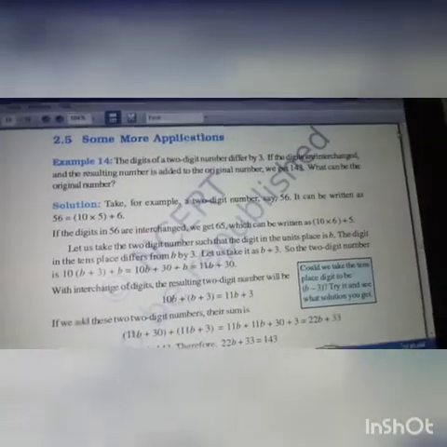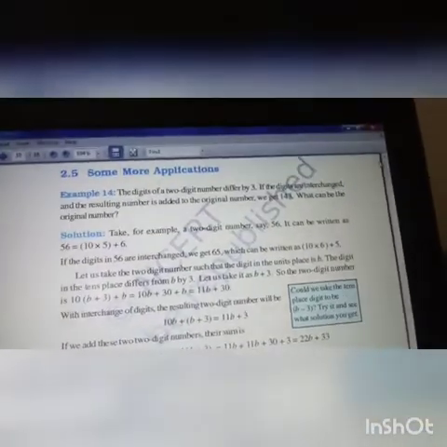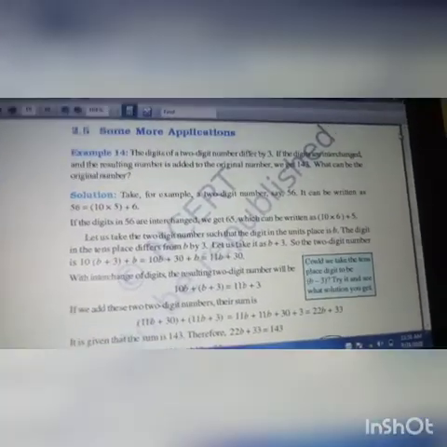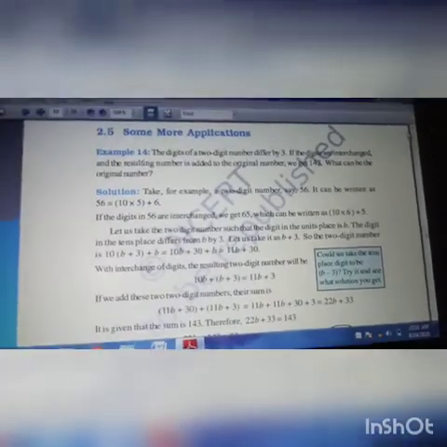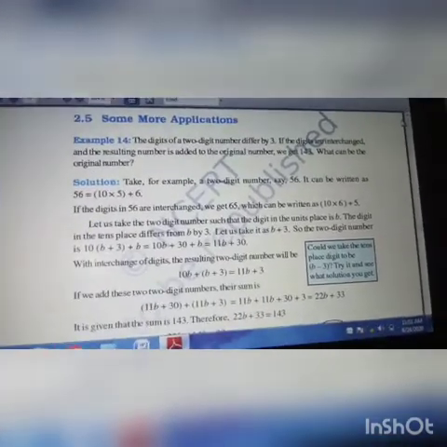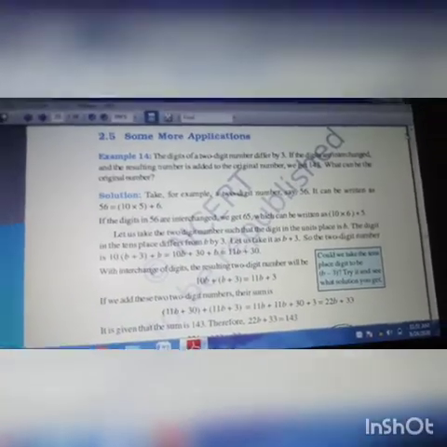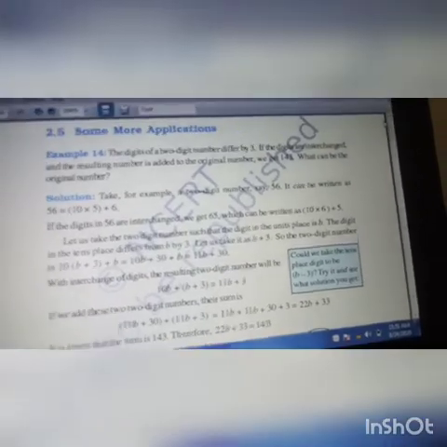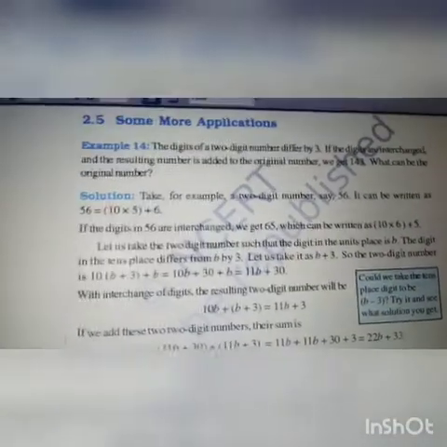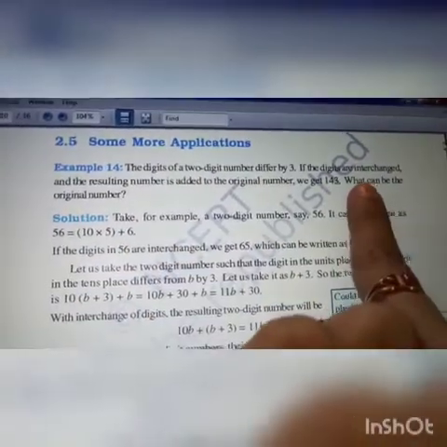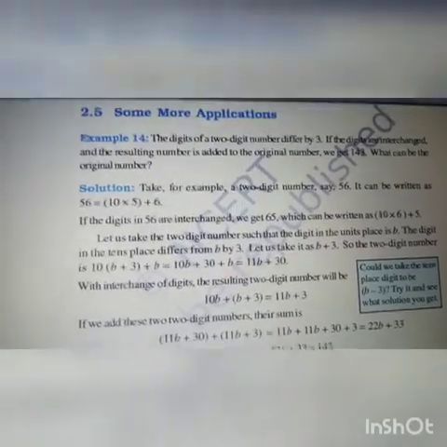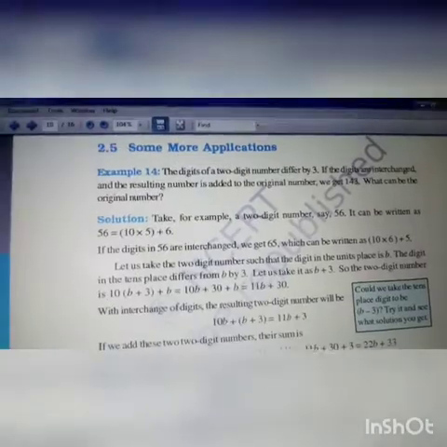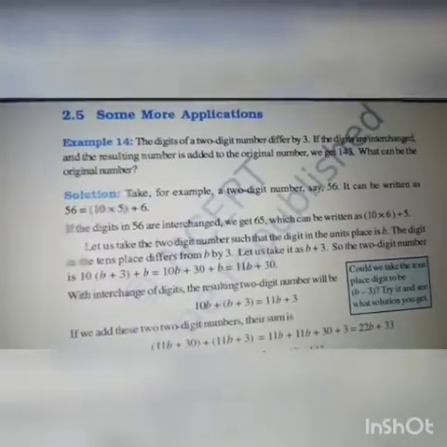Now we can discuss exercise 2.4. In the last class we dealt with equations where we have variables on both sides. Related to that concept, we are going to deal with word problems. Word problems are very important, children, because by reading the situation of the word problem itself, we can identify that it frames an equation where both sides will have a variable. Like that only these problems will be there.